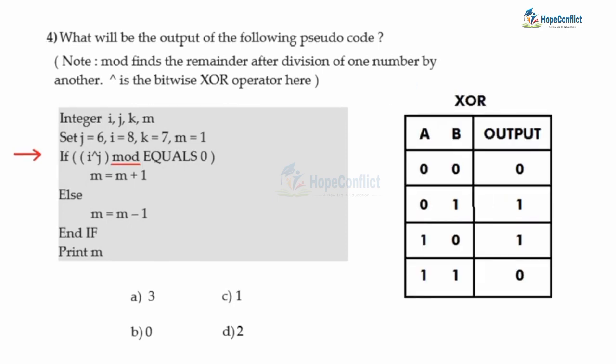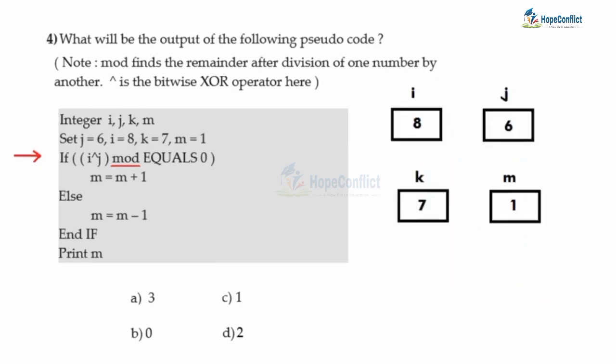So for the operation of the XOR operator, you have to remember this table. In this table, as you can see, whenever our inputs are the same, the output is 0. And whenever our inputs are different, the output will be 1. So using this table, we can solve this particular statement I XOR J. And for this, first of all, we have to convert I and J into binary form. So as you can see, 6 will become 0110 and 8 will become 1000 in binary.